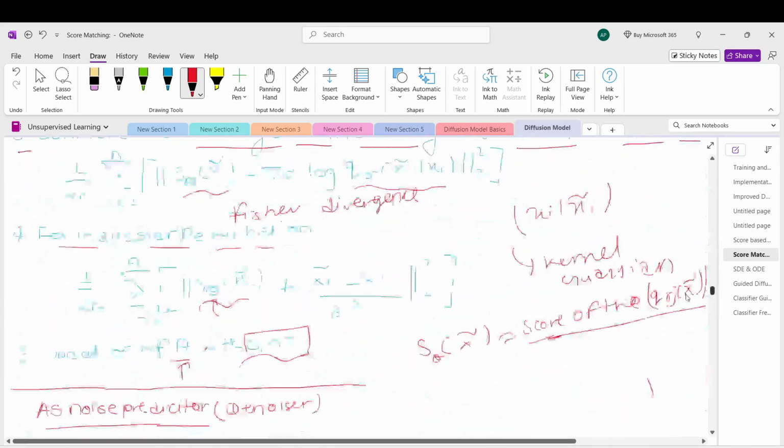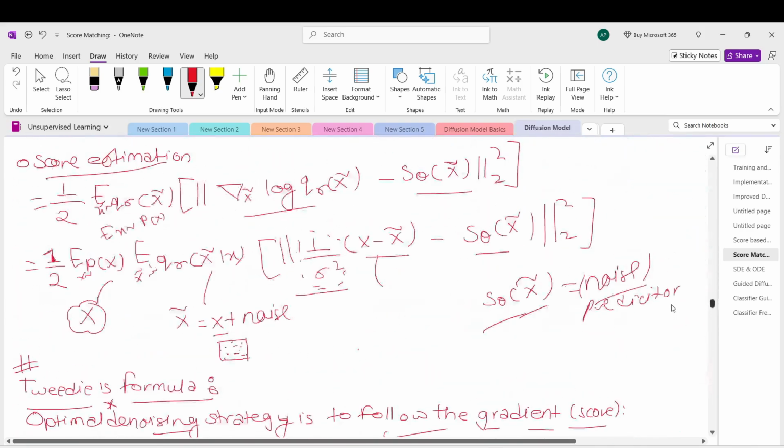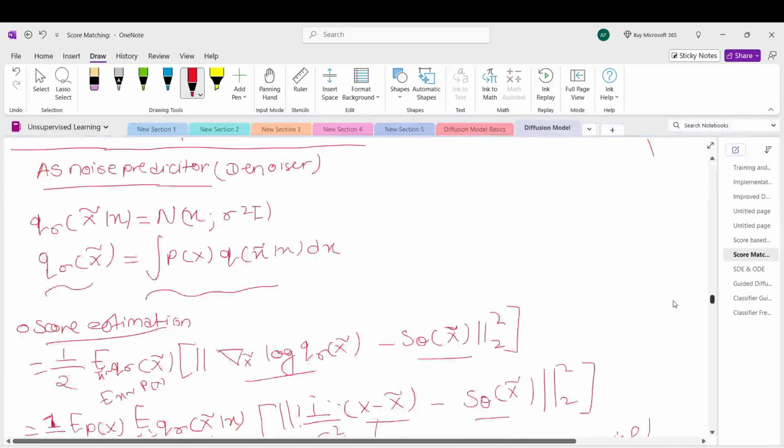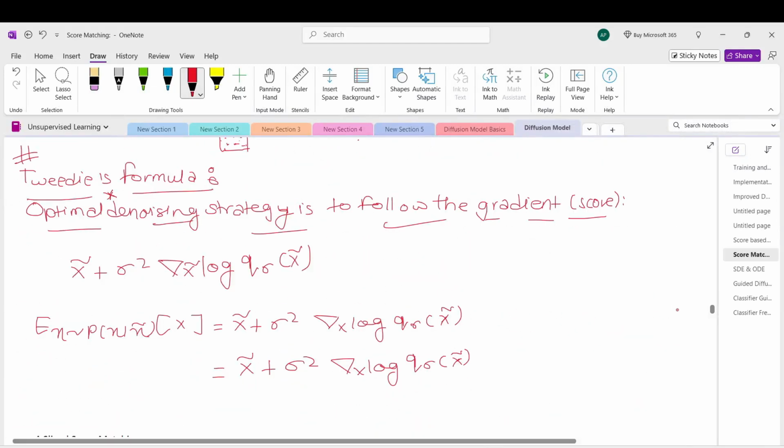And if I bring you to where we are, according to Tweedie's formula, the optimal strategy is to follow not the noisy gradient, but the gradient. And what you are doing you can see here. According to this formula, if we have the x tilde,